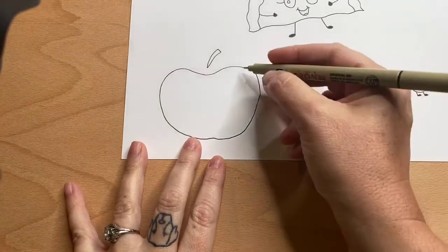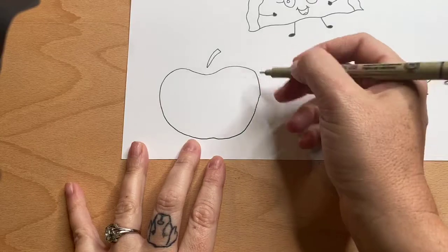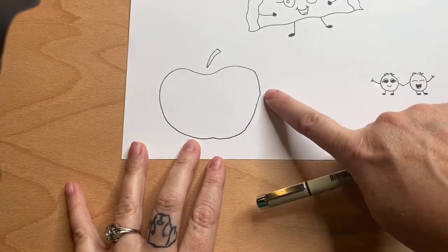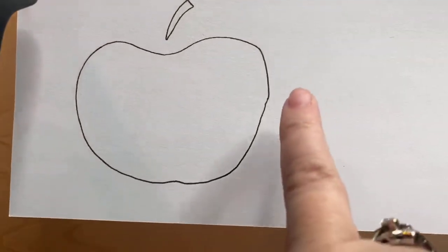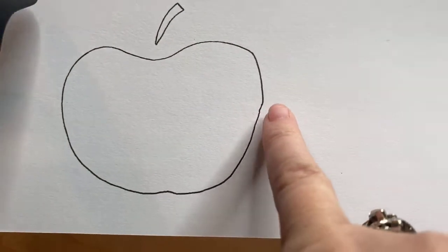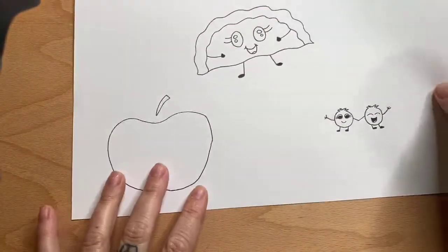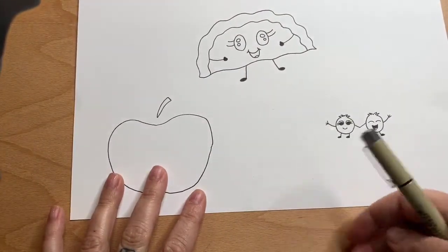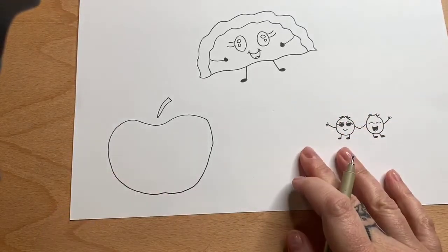Now, typically when I'm doing a shape like this, I don't lift my pen. I keep going because I hate having things like this. Let me zoom in on that. I hate having these little bumps. So this is a pen lift and this is a pen lift. But this desk, because of this ledge that holds the pencils, I can't. It's impossible for me to move my arm that way. So